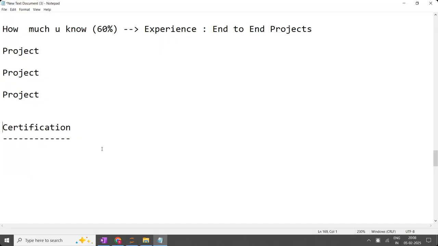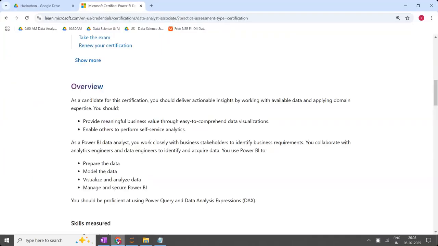Everyone knows now how many people are having the certification. And certification means everyone will think in terms of institute certificate. I'm not discussing the institute certificate. Sir, what is the difference between the institute certificate versus the Microsoft certificate? Institute certificate, you will get by paying the course fees. Microsoft certificate, you will get by showing your subject. Once you attempt the exam, 100% you have to write the exam and you have to qualify in the exam.